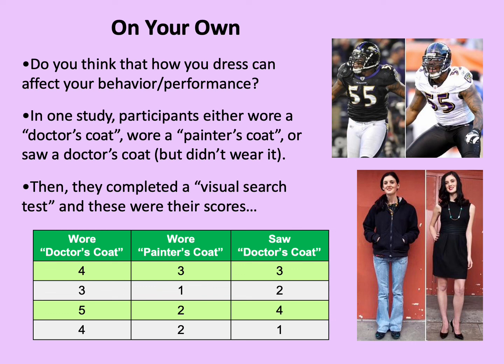So again, we have a categorical independent variable of dress. We have 3 different levels of our categorical independent variable: those who wore a doctor's coat, those who wore a painter's coat, and those who simply saw a doctor's coat. And then our dependent variable is continuous, and it's score on visual search test. So go ahead and